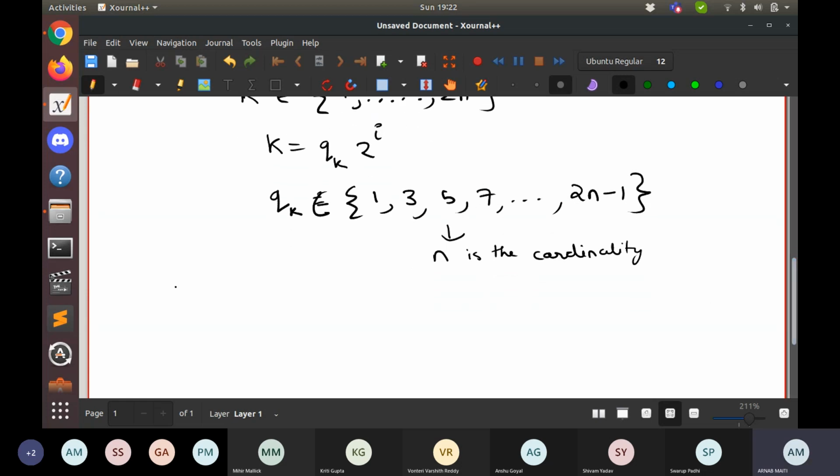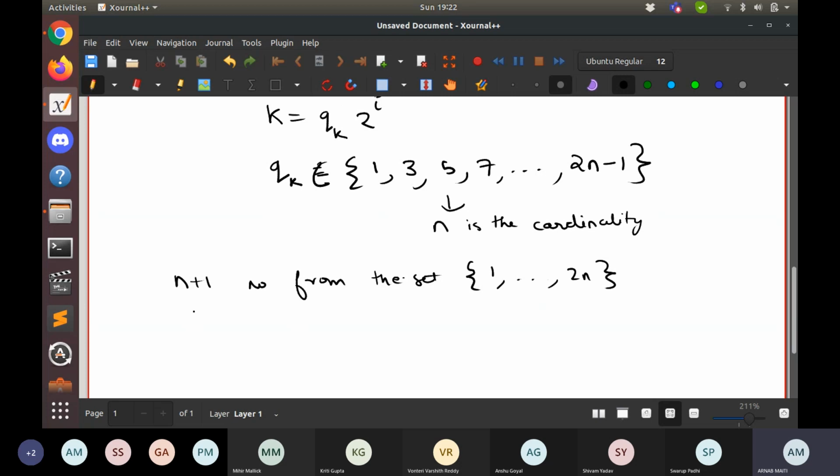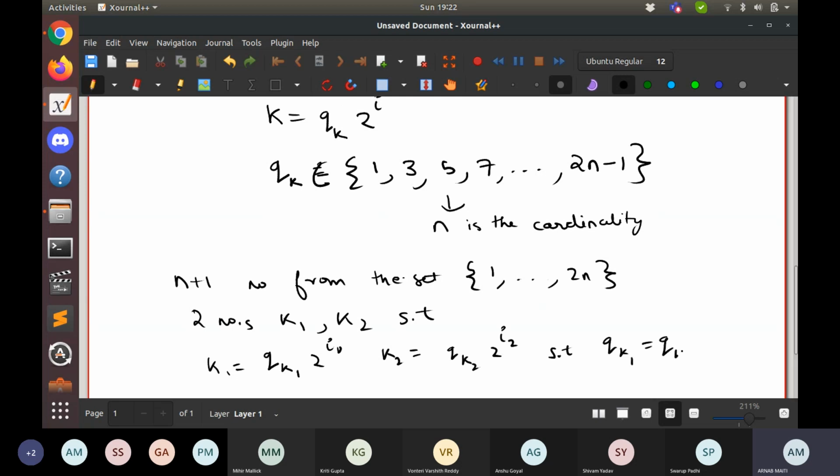So if you're choosing n plus 1 numbers from the set 1 to 2n, then you will have two numbers, say k1 and k2, where k1 is qk1 times 2 to the power i1 and k2 is qk2 times 2 to the power i2, such that qk1 equals qk2.